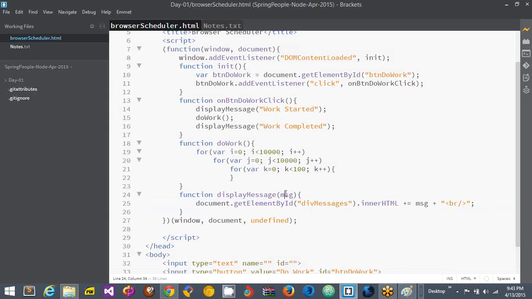So when the browser thread picked up this function for executing, this function started executing, and in it you updated the DOM tree, and obviously unless the original function gets completed,